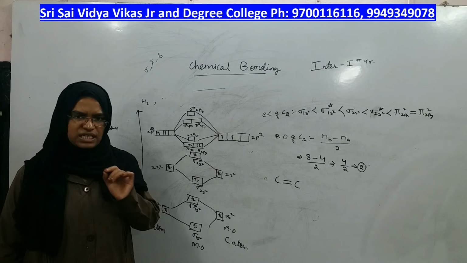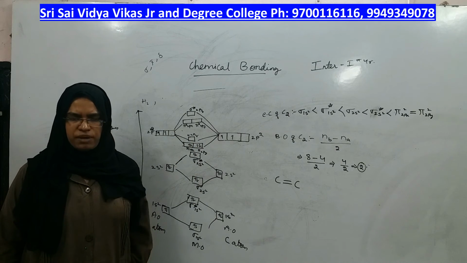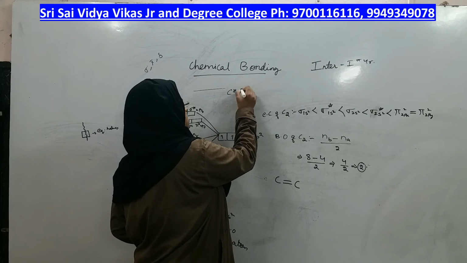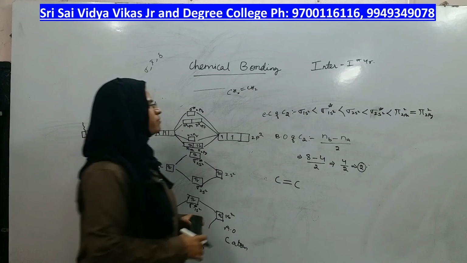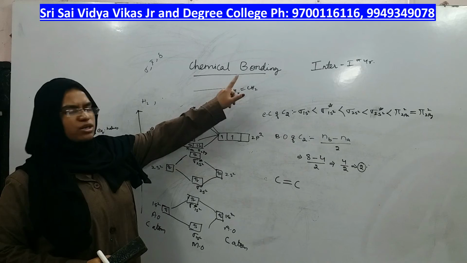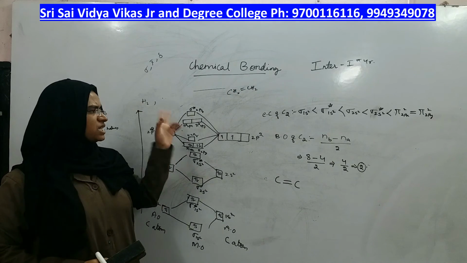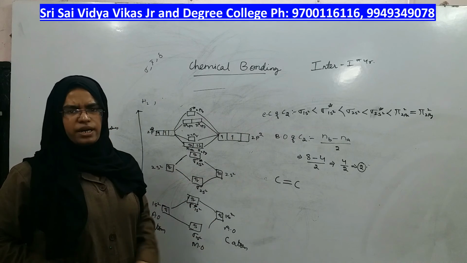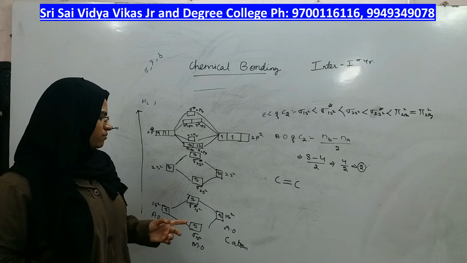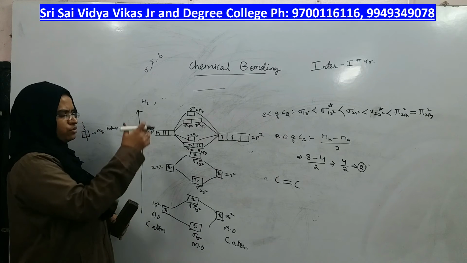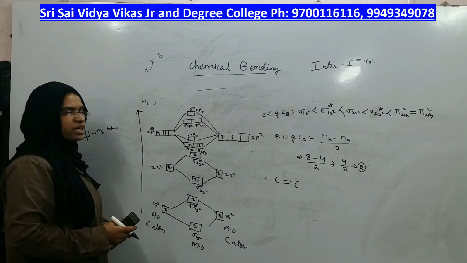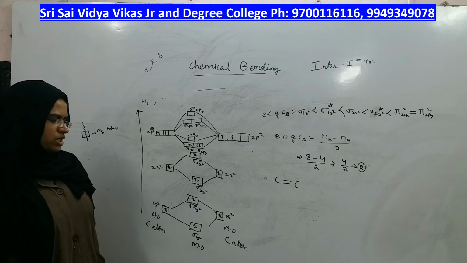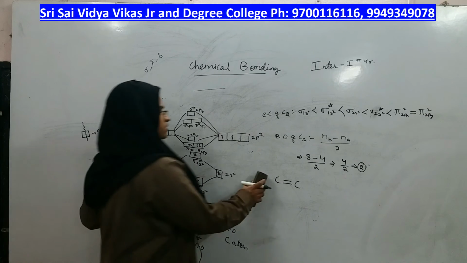Actually, what should be the case is, one should be sigma, the other should be pi. In ethylene, we know this is ethylene, right? In which one bond is a sigma bond, the other bond is a pi bond, which you might have already seen, right? But here in the carbon molecule both are pi bonds. That is a special feature of the carbon molecule, right? Now you draw this diagram of the carbon molecule and then we will move towards the next molecule, which is the nitrogen molecule. Okay, I will rub this.